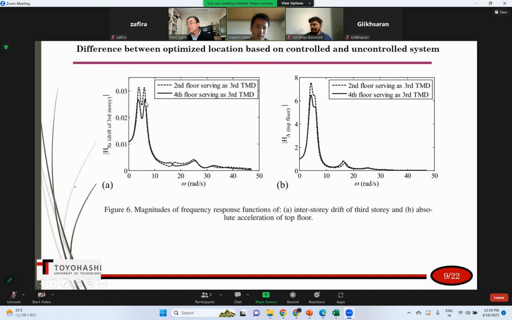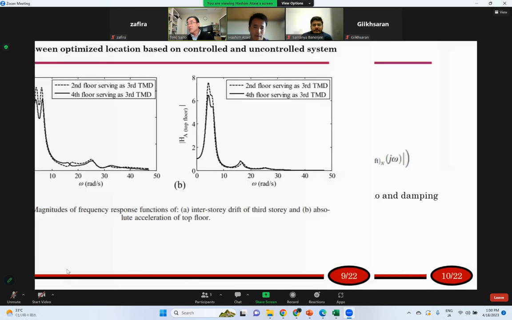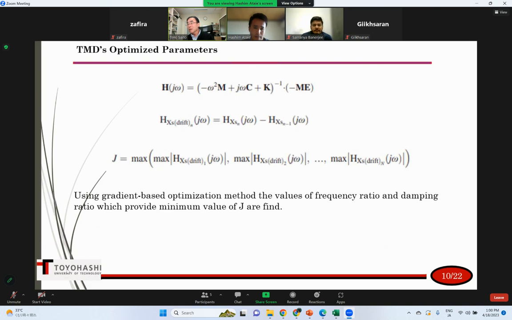They realized that installing the TMD on the floor selected by the controlled mode shape is better. And also for the TMD's optimized parameters, they found